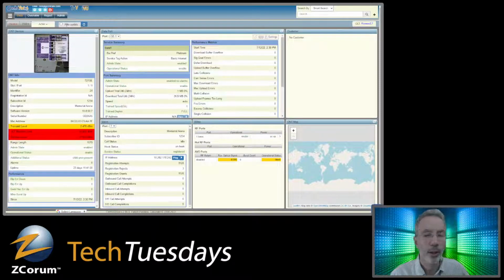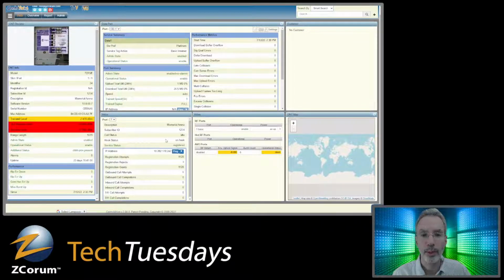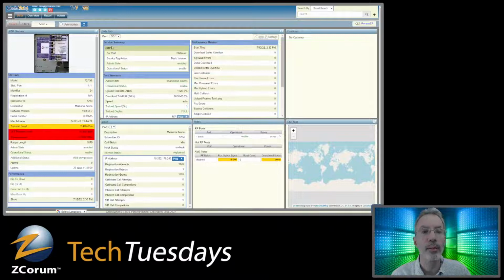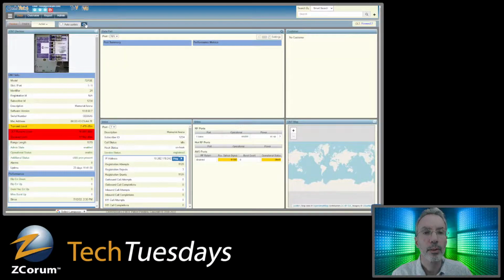So up here you've got an auto update. So if you wanted to auto update this every 15 minutes, then you can check that box, and every 15 minutes this information on the screen will auto update. Or if you want to see what's going on right now, like you're talking to the customer and you check something or you do something, you say, well, let me check it now. You can click this little button here. And that's going to update. I'm assuming it's going to update everything.